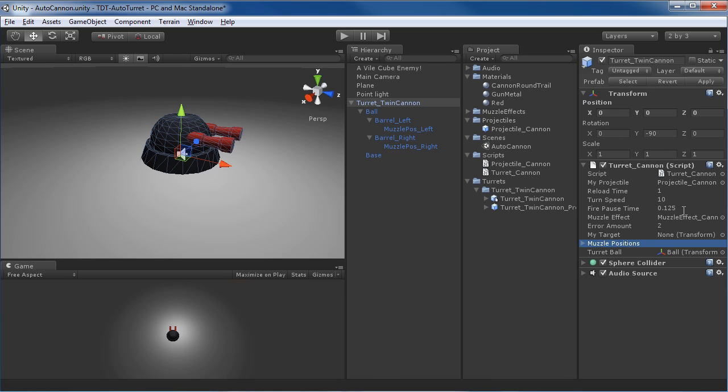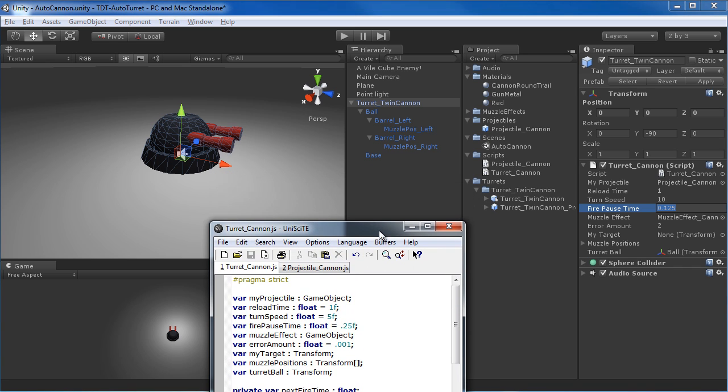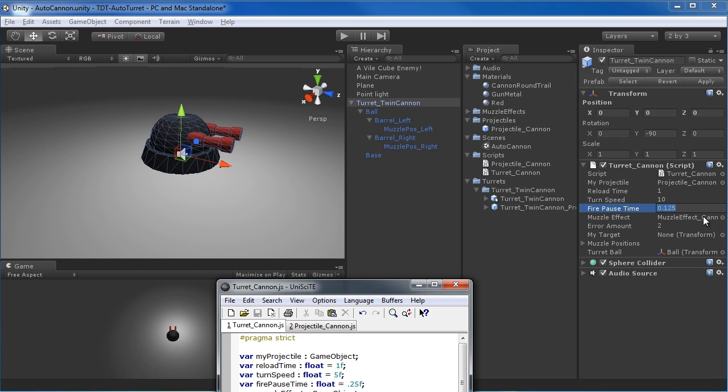If a tank was turning its turret, it would turn, have to pause while it fires, and then go on to turning again. This way, otherwise it's constantly turning while firing, and it just looks bad. So we'll go over that in the script. Should be pretty straightforward. The muzzle effect, of course, is just the